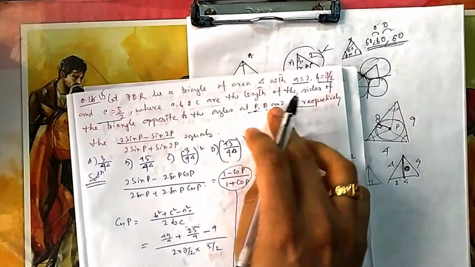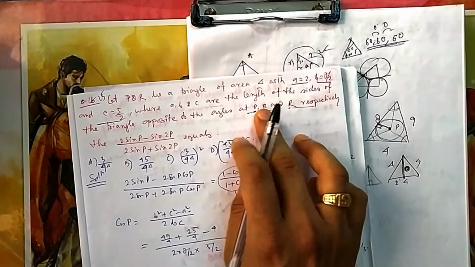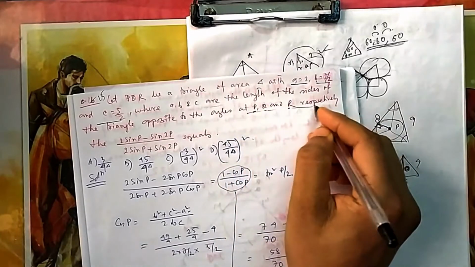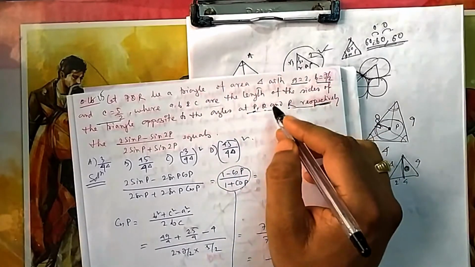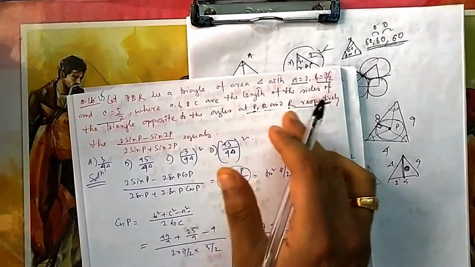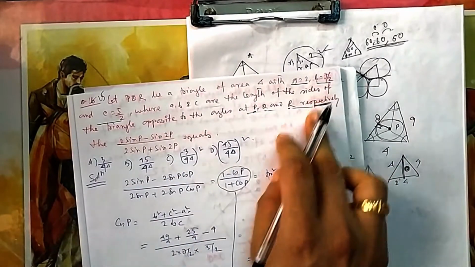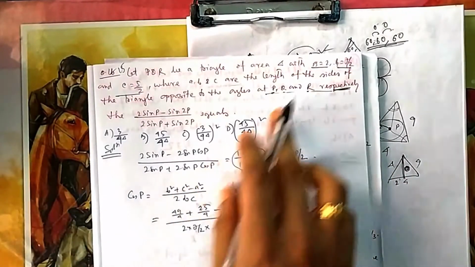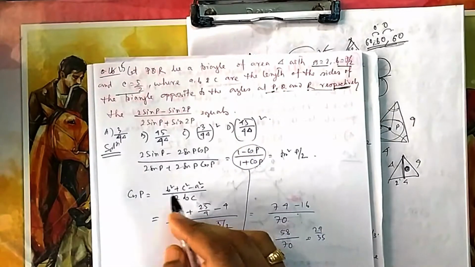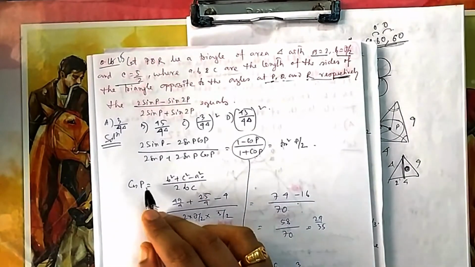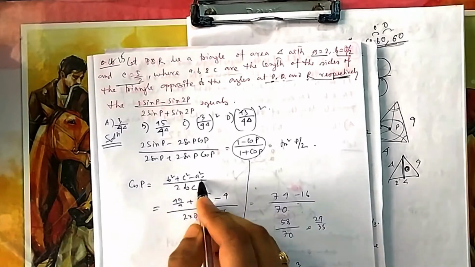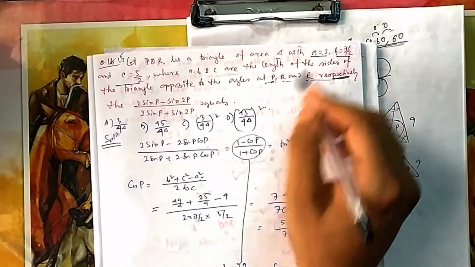They can change it also. Q, R, P also they can give. So you take which is respectively given, one by one. P is a, Q is b, R is c. So they can make a twist there. So be careful about that. Which one is against which one. Because it is P, the side which is against P will be negative. That's it. The side against P is a, that will be negative.